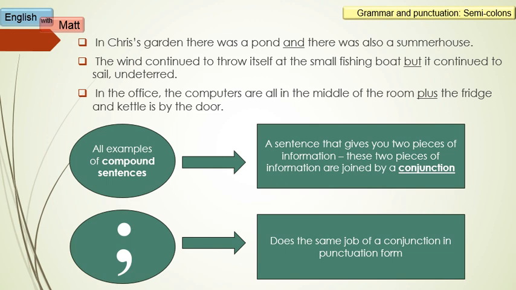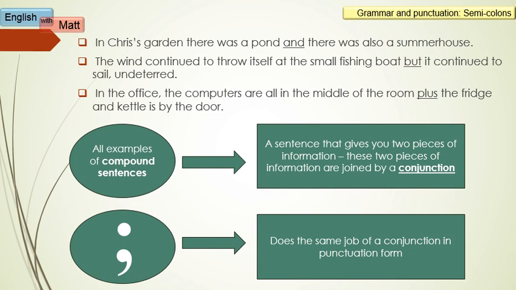If you think of compound, compound means a mixture. So we might talk about, for example, a compound element in chemistry, such as carbon dioxide, a mixture of carbon and oxygen, for example. We might talk about a compound word, like the word postman, which used to be two words, but over time has joined together to form one. So those sentences that I've given you there are all examples of compound sentences, and they're joined together with a